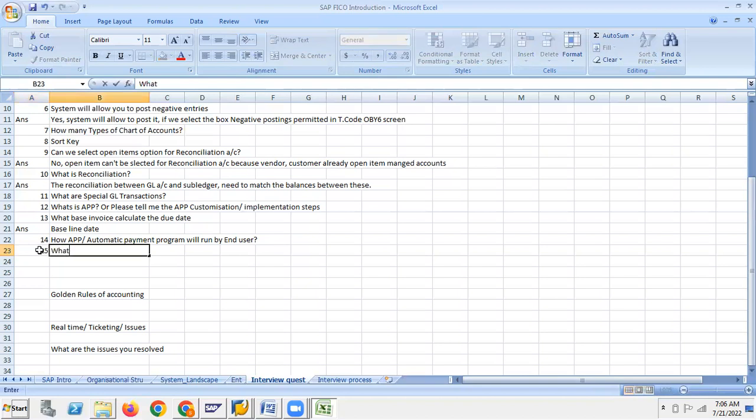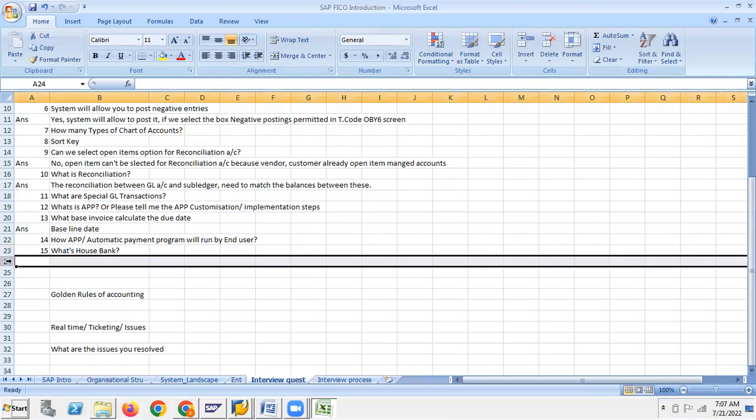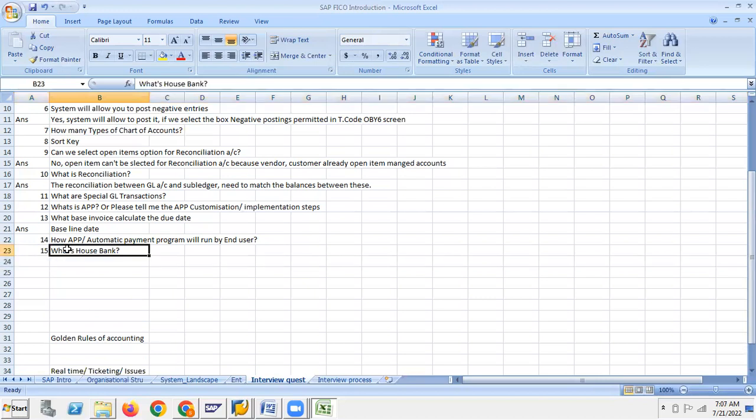Interview question, here I'm noting what is house bank. Please remember, payment vendor banks is not house bank. Okay. And second point, we can define multiple house banks in a single company code. Noted, right? Next point,